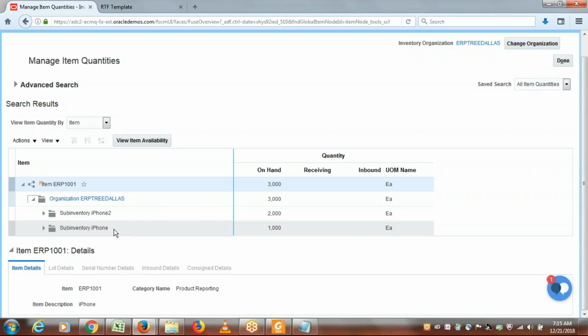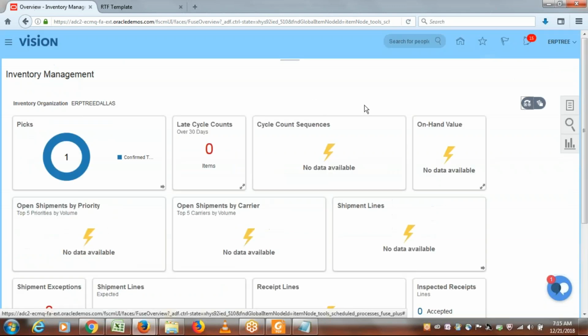If you go to completed transaction, system shows for iPhone sub inventory minus 2000, that means it's reduced, and it will be showing the same is added to iPhone 2 sub inventory. So this is the same we tested in case of sub inventory transfer, right? The same process we followed, but that execution we are doing based on Minimax planning requirement. Right? We'll go and check